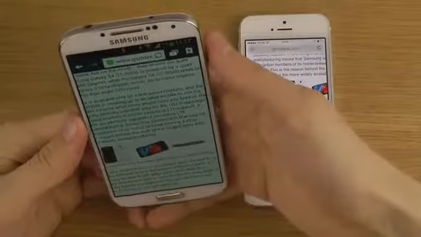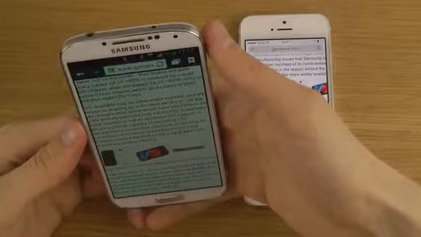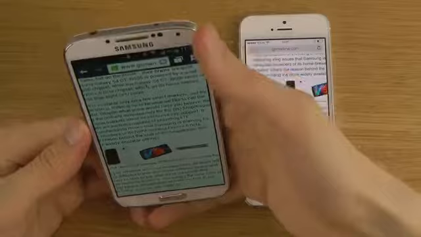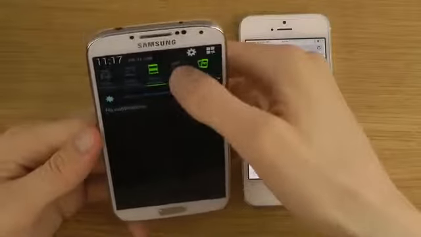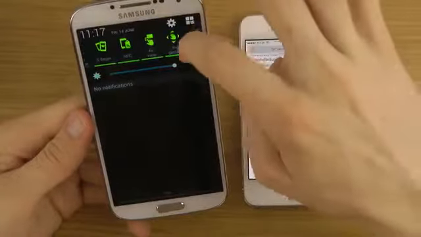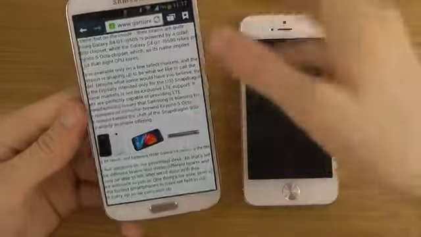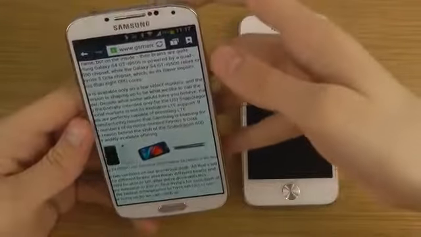Just like this. Let's see if I can look at it. Did I enable it? Smart scroll, okay. Smart scroll is a feature where you look at the phone